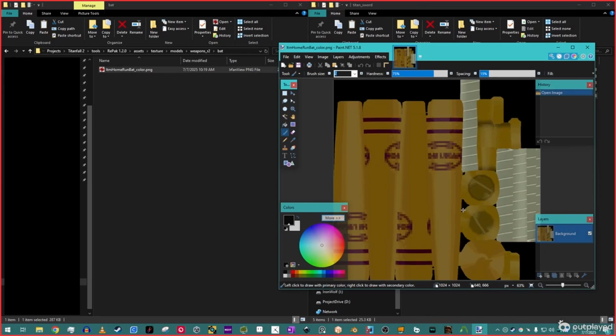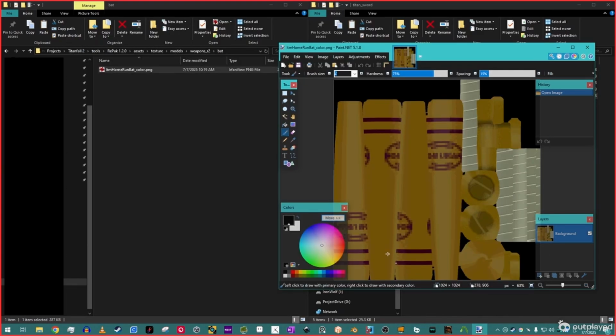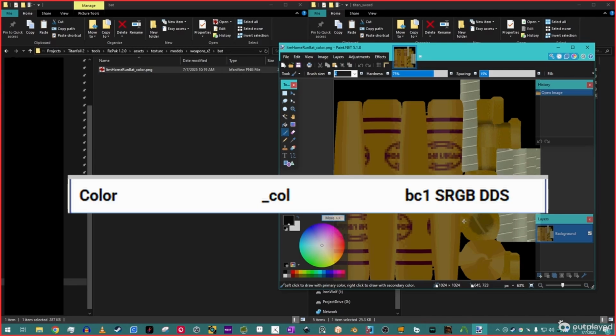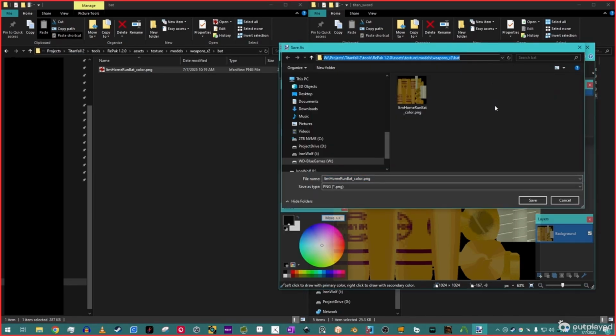Different texture types, like color, specular, or normal maps, use different types of DDS files for Source Engine. Take a look at the list on screen now, and make sure you save each texture for your model using the correct DDS type. For example, our texture file is the model's colors, so we should use the BC1 sRGB DDS type. When you save your file, make sure to paste in your